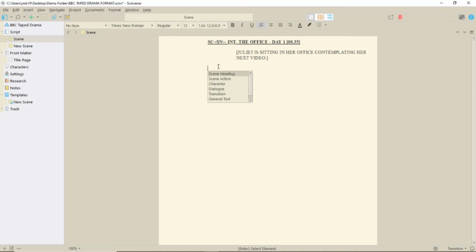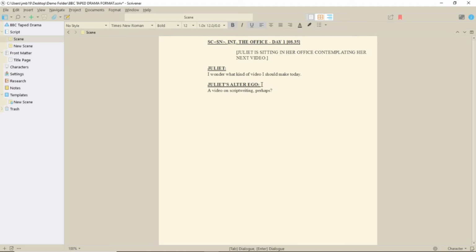I need to select character, so I press Enter and select from the list. When entering character details, type the name, don't type the colon. That's automatic. Once you've started your script, a list of names to select from will begin to appear as you introduce the characters. Press Enter and the format automatically changes to dialogue, because that would always be next. Type your dialogue, and on Enter you'll be set to character again, then dialogue to the end of the scene, unless you choose something else.